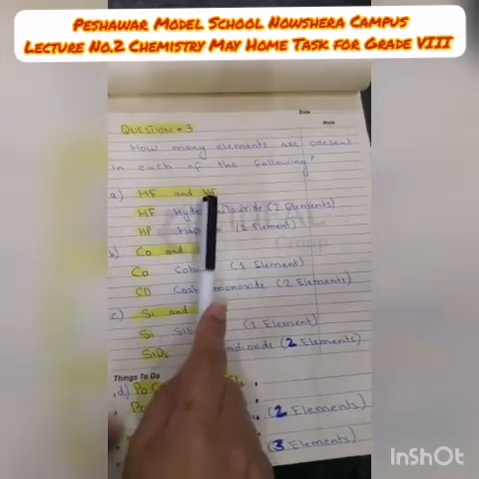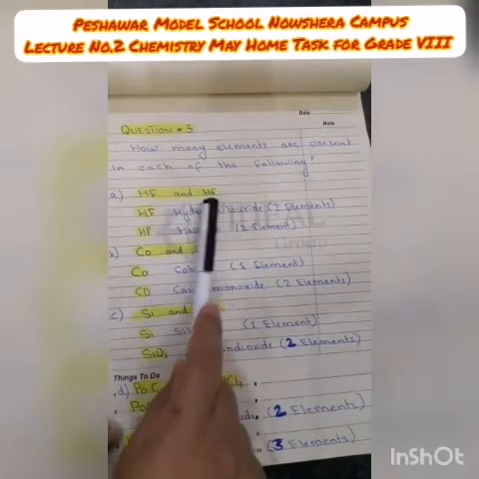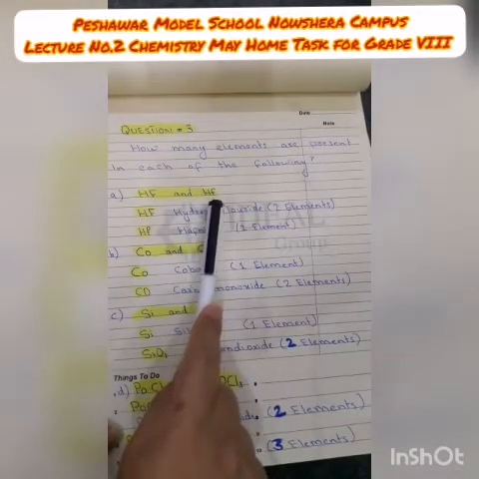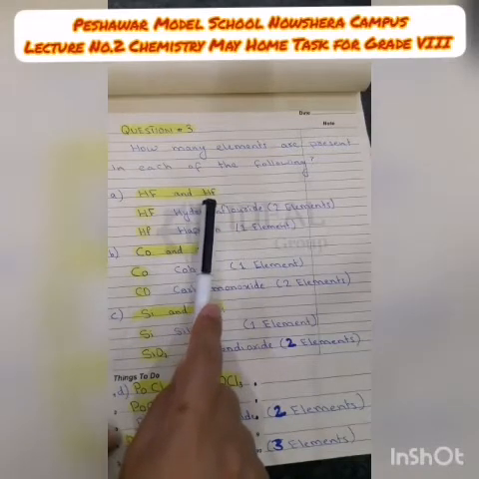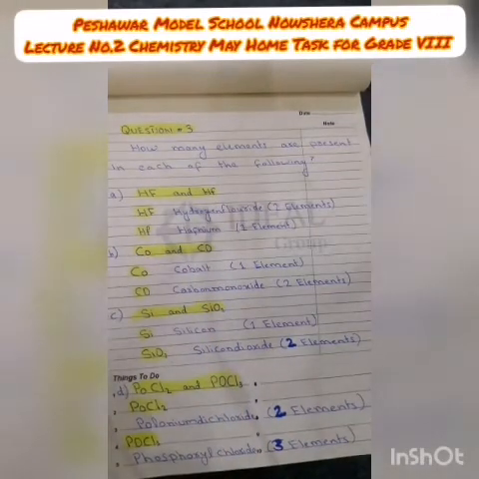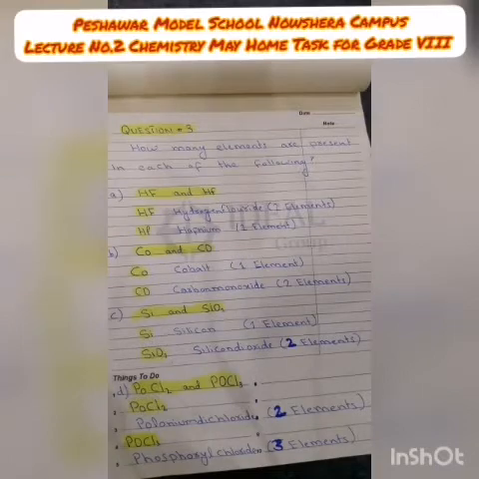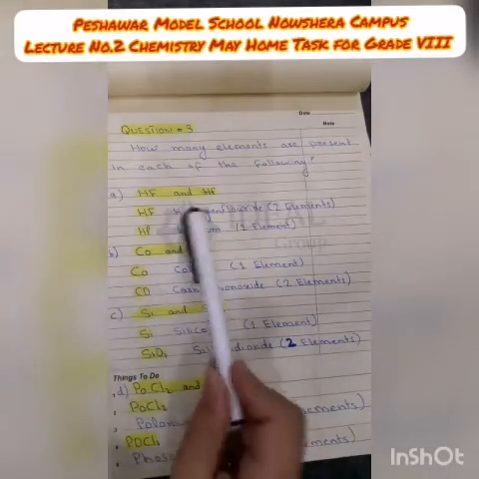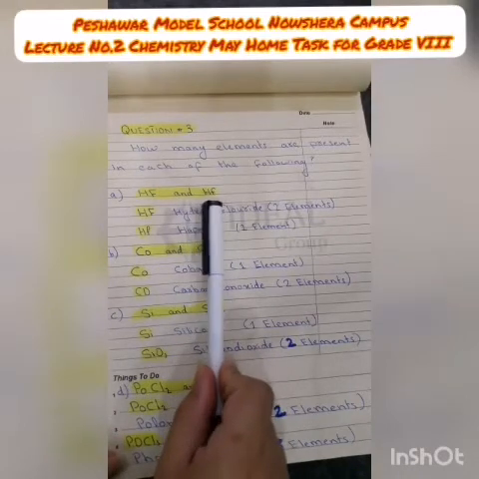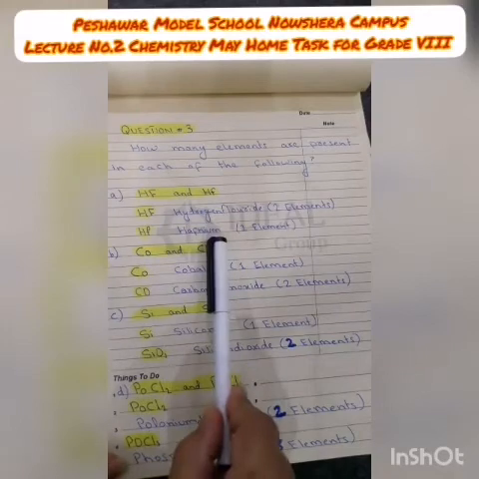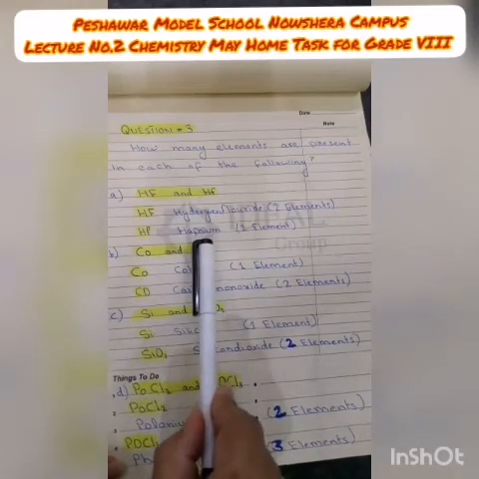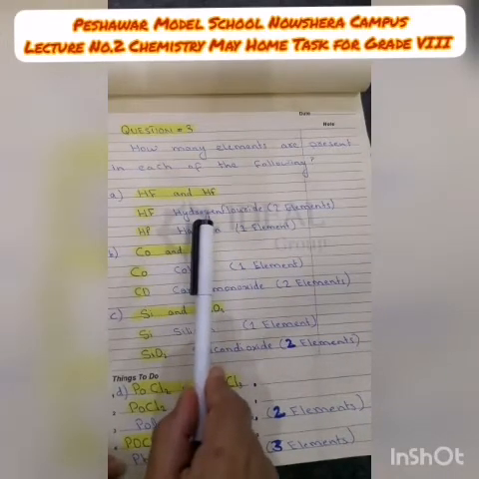Now look at the second one. It is also HF, but the first letter is capital and the second one is a small letter. Whenever we have two letters for an element, the first one is capital and the second one is small, and we represent a single element by these two letters. Like this Hf, first capital and the second small. We use this Hf for hafnium. Hafnium also starts with H and hydrogen also starts with H.